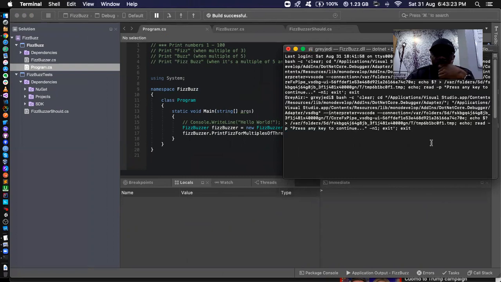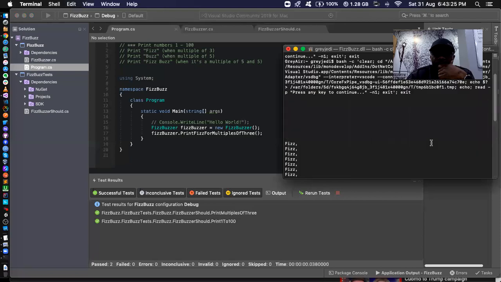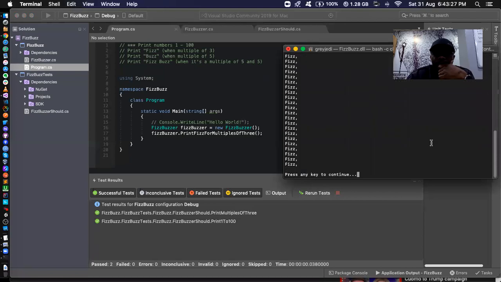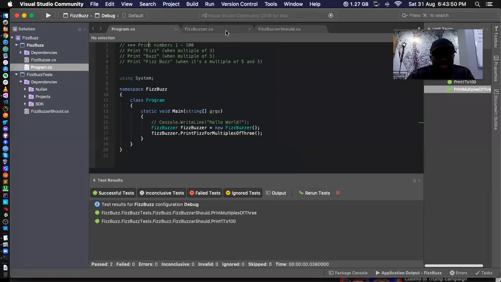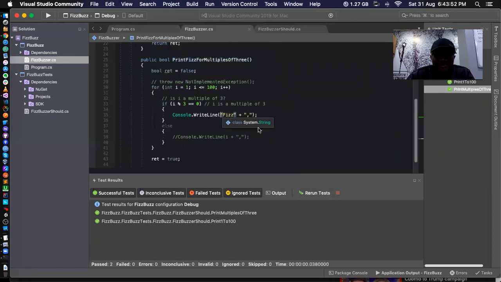Okay, so what this means is that if we say that this is 1, 2, and you divide 100 by 3, you would have 33 numbers. So instead of 100 numbers, obviously we don't have up to 100 instances of Fizz here, just about 33. So just to make it more obvious, if you come here and say, first of all, write